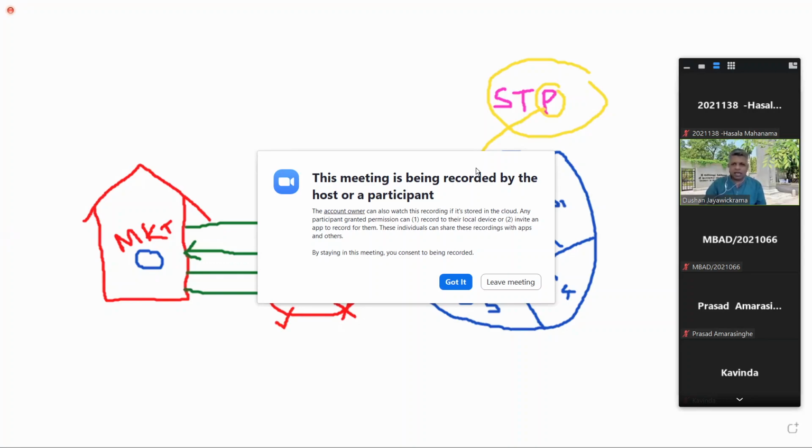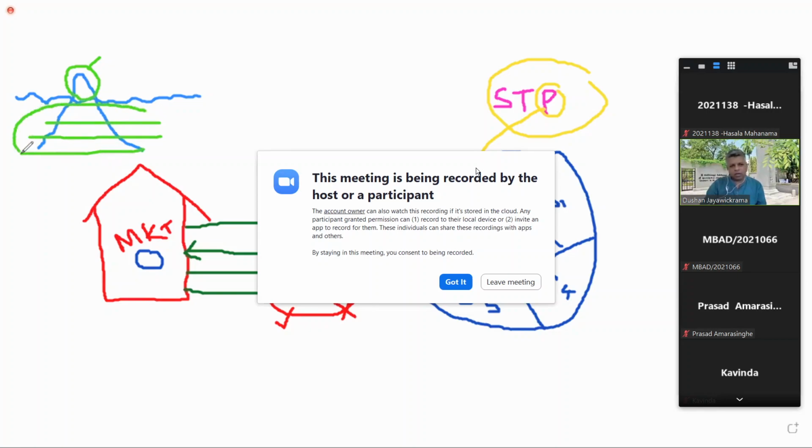That is the visible part of marketing. If you remember the iceberg theory of marketing, there is this huge iceberg, and this is the real marketing part. But what we see as marketing is this visible part. That is just the tip of the iceberg. We don't get to see this part. Now, what we are talking about here in this part is STP strategy and developing other marketing strategies.